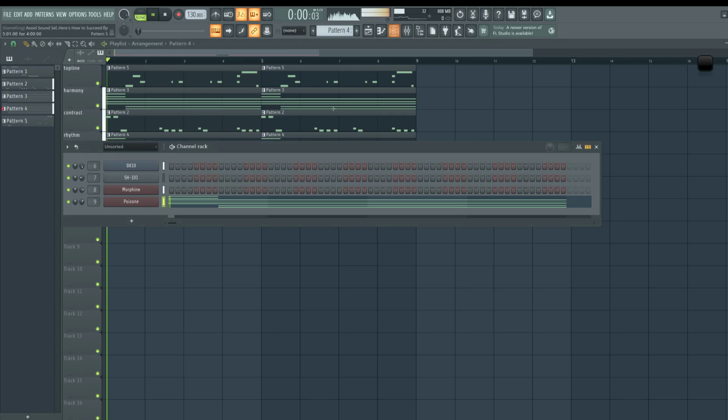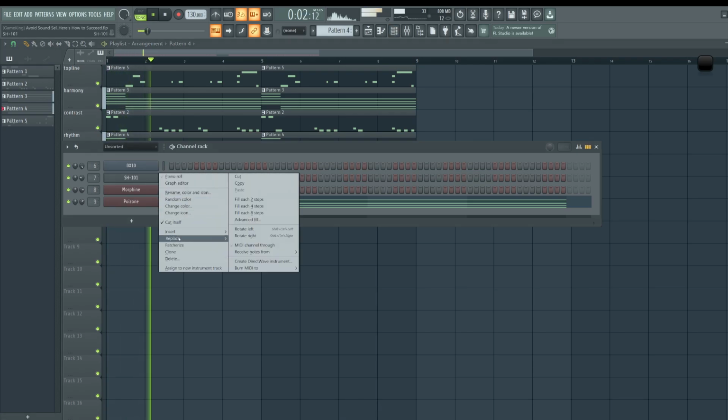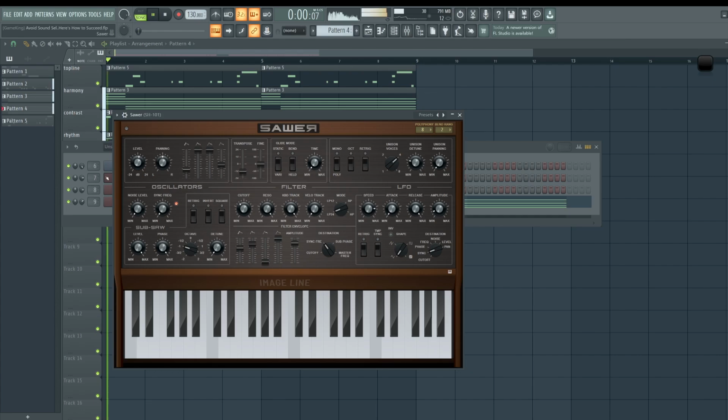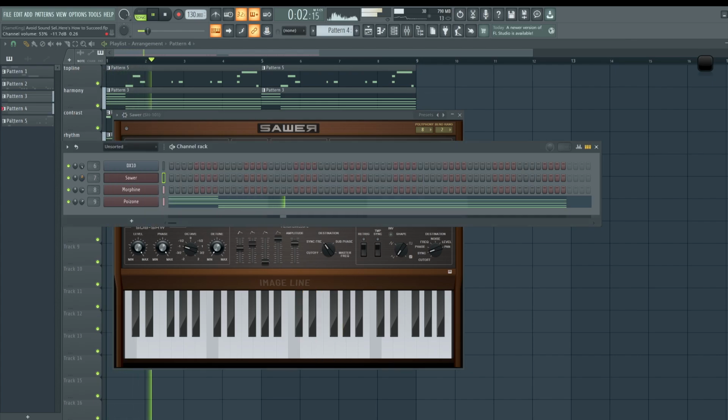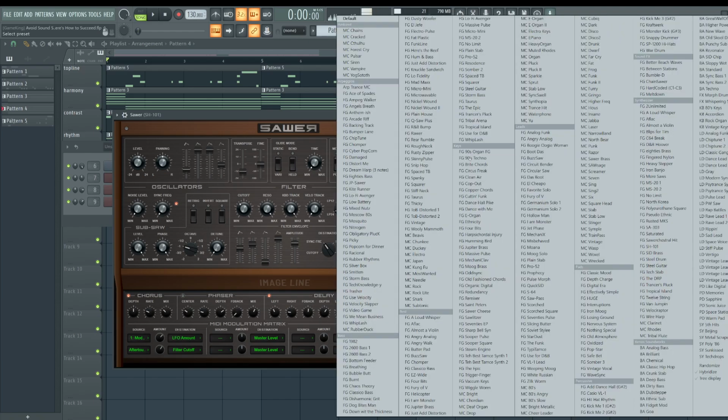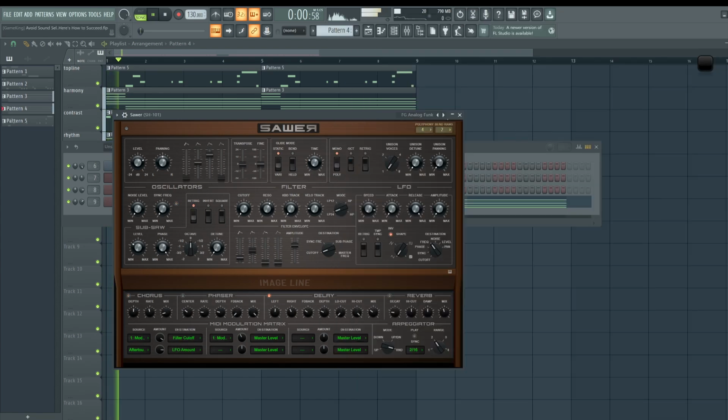Now swap out that lead sound. Let's add Salter. Salter has really good sounds here. Where's the preset? Let's go to preset. And the lead sounds are very good.